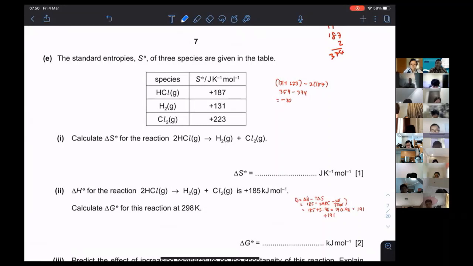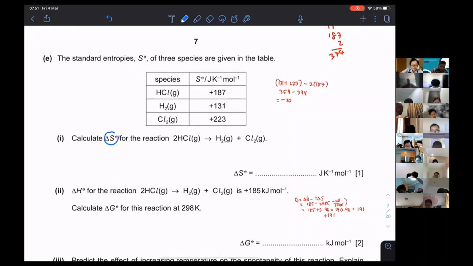So last time, this calculation used to be more difficult, more complicated. There was another step. They have removed it to make it easier. So this question is actually based on that. You can see that standard entropies are given in the table. They just ask you to